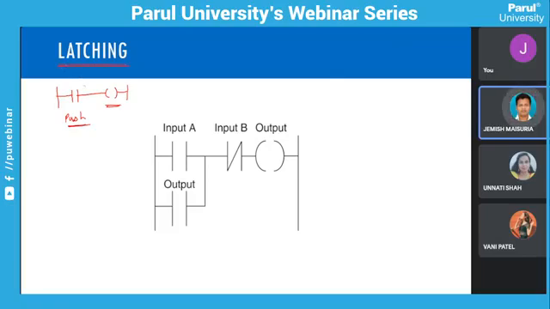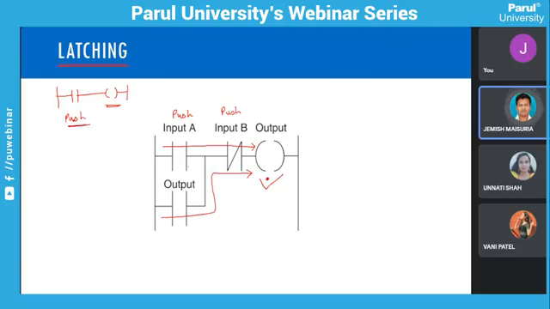The latching is nothing but using a contact of this output in parallel with your switch. This is your input switch 1, a push button, and this B is also a push button, but it is normally connected. When we press this push button switch A, the connection will be there and current will flow from here to here. Now this output is operated, so that means this particular output related switch is also operated. So again you will have current from here.